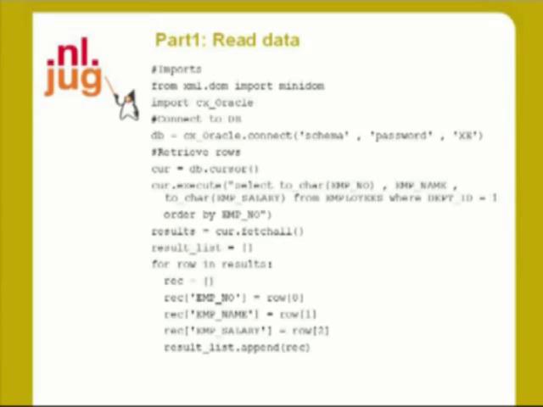It's very similar, actually, to a Java program, that we start with our imports for Minidom and Oracle, and then we do a connect to the database, much the same way as you would in Java. And we're going to execute our select statement, which is going to pull off data from the employees table for a particular department. And we tell Python to fetch all of those, and then we're going to put the data